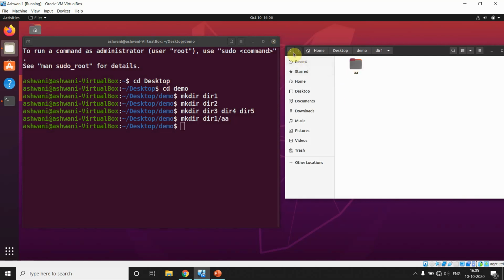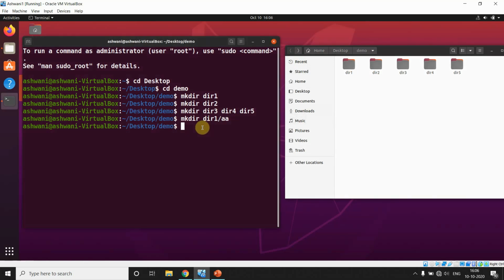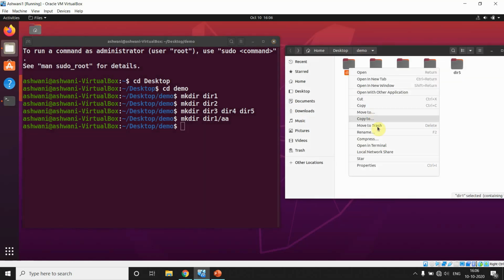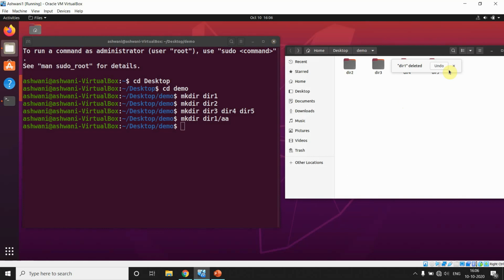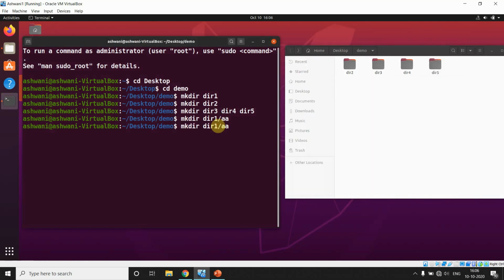But in this case, one thing to remember: if you run this command and dir1 is not available, it will show you an error that dir1 is not available. Let me delete this, move to trash. I will show you how to delete with the help of a command also. Now I want to run the same command, dir1, inside I want to make AA, so it will show no such file or directory.